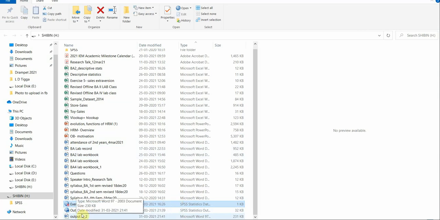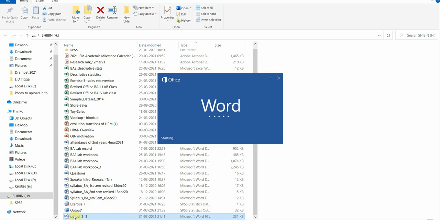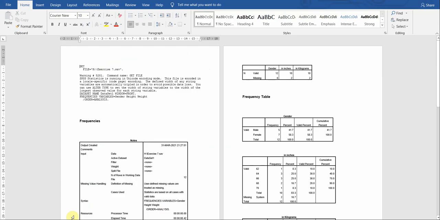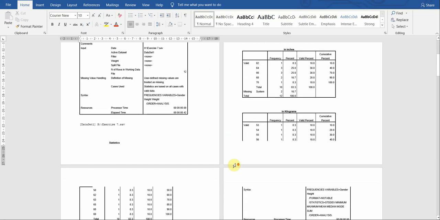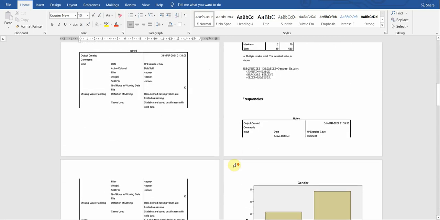SPSS output is saved in that particular format, and the other one I have in Word. So I can save it in the format that I would like to keep: either the SPSS format itself, or the Word format, or the PDF format. You can even save it in Excel, or if you want in PowerPoint, you can save it accordingly. So this is how you can save all the output files of your